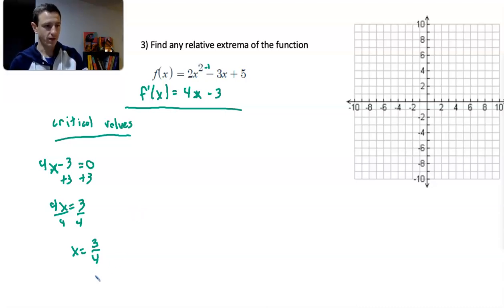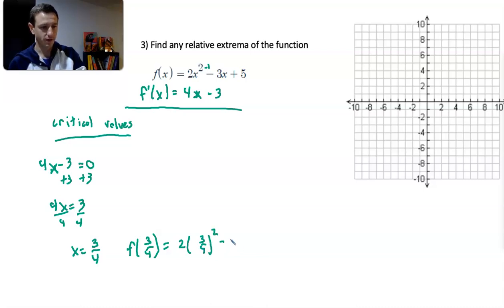Let's go ahead and get the y value that corresponds to x equals 3 over 4. So what we're going to do is take that x value and plug it back into the original function, not the derivative, but the original function. So I'm going to do f of 3/4 in the original function. So this is going to be 2 times 3/4 squared minus 3 times 3/4 plus 5. And I'll just throw that into my calculator, giving us a y value of 31 over 8,